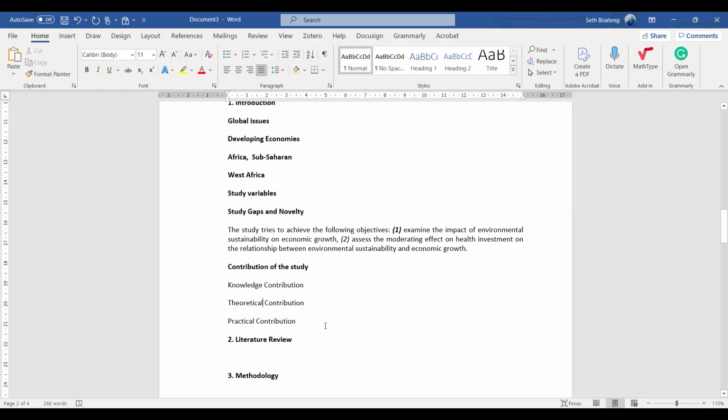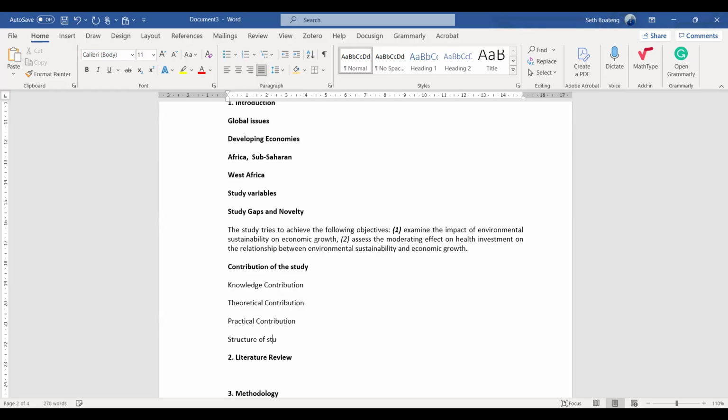You explain it. Practical contribution: how are policymakers going to benefit from your study? And then knowledge contribution: how is your study filling the existing knowledge gap? You explain those three things. Then lastly, you talk about the structure of your study. That one, to be brief, maybe two or three sentences is okay.